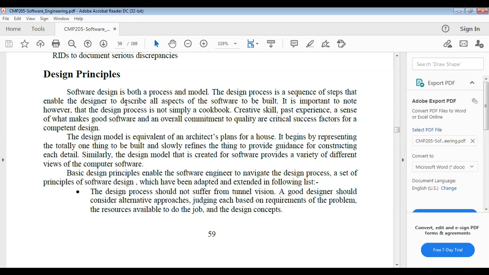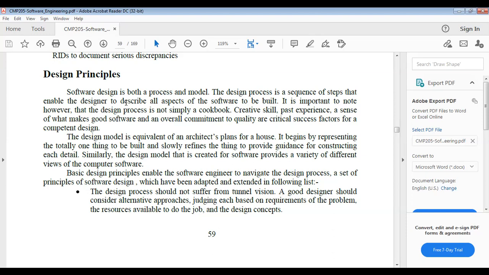The design process is a sequence of steps that enables the designer to describe all aspects of the software to be built. Basic design principles enable the software engineer to navigate the design process. A set of principles of software design which have been adapted and extended is in the following list.